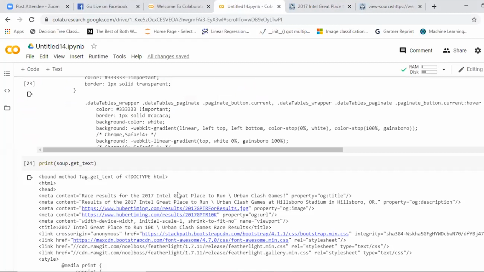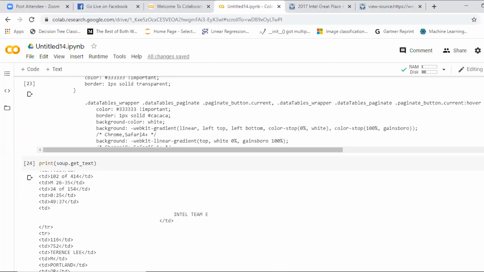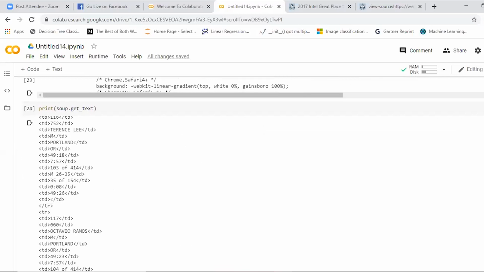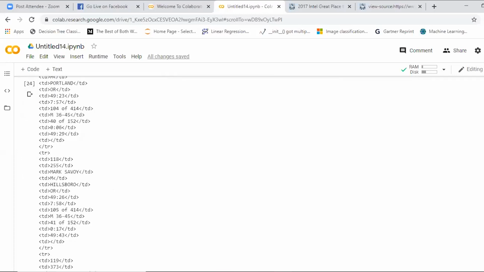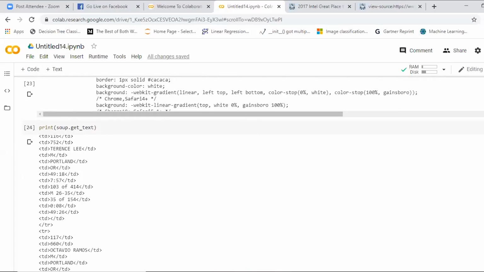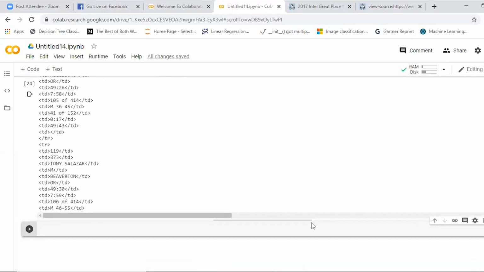Yes, TH stands for table headers, TR stands for table rows. Is that clear? I hope everyone is following. Can we proceed to the next step? At the end, you'll find it interesting because we'll be creating a data frame out of that web page. Let's go for it. Next, extract the content one by one.